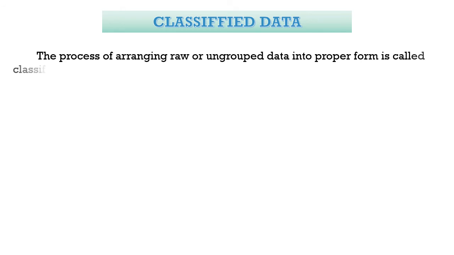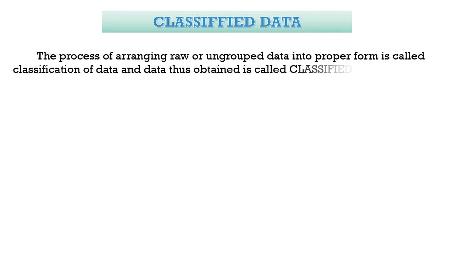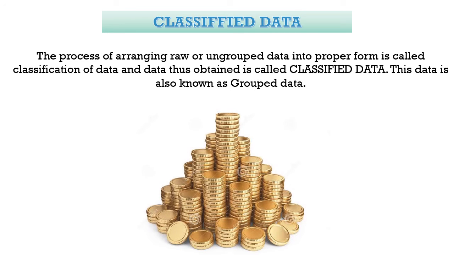So the process of arranging raw or ungrouped data into proper form is called classification of data, and the data obtained is called classified data. This data is also known as grouped data. As you can see in this picture, all the coins which we have collected, if we group them together into different denominations, then this is the kind of data which we get, which is properly grouped, properly classified into proper